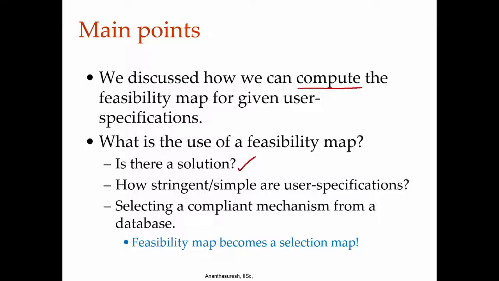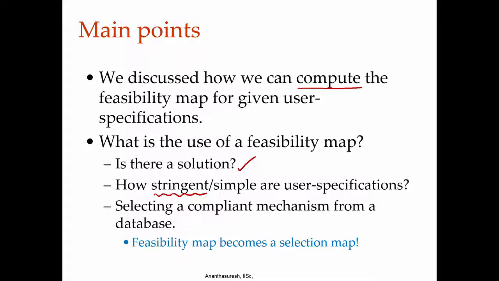If there is a solution, that means that feasibility map is not null, you see some blob, or projected one, you see some area. If that area is too small, then you would understand as a user that what you are asking is too stringent, that is such a small space of KCI, KCO, n actually exists. It is like saying that if you want to choose a material for a design that you have on hand, saying that my, let us say Young's modulus, we are talking about stiffness, Young's modulus has to be between 74 and 75 gigapascal, that is all, that small range.